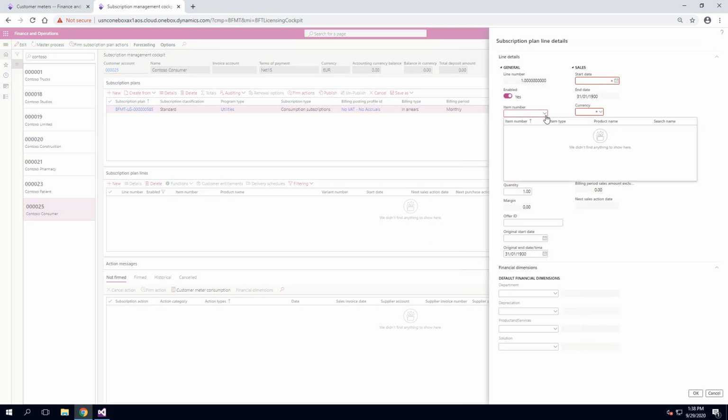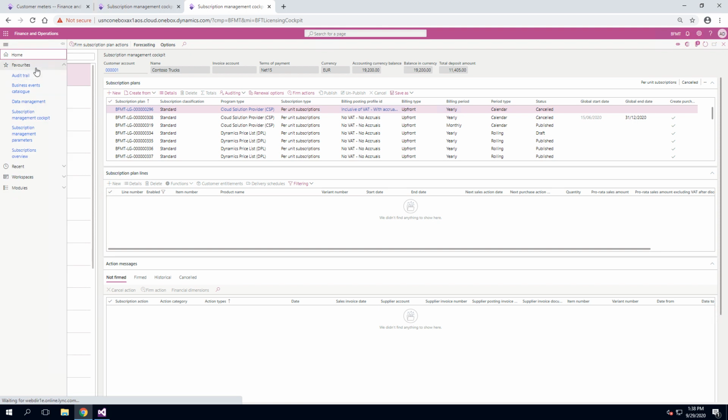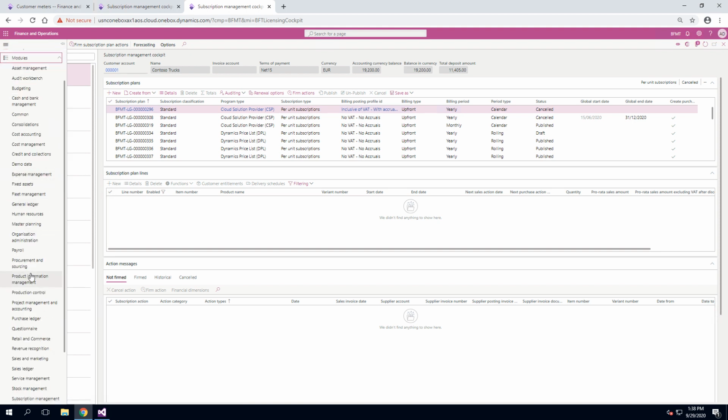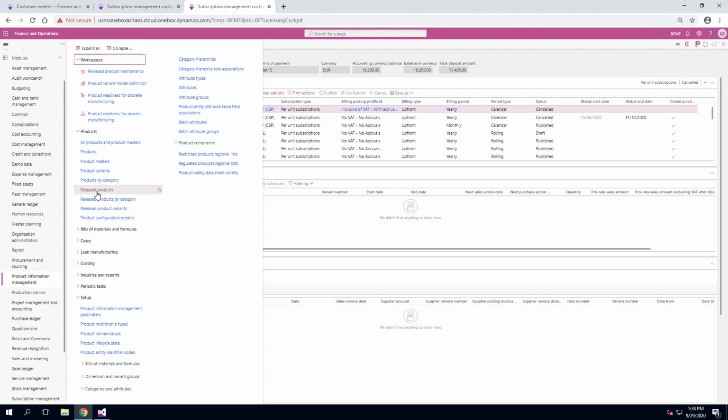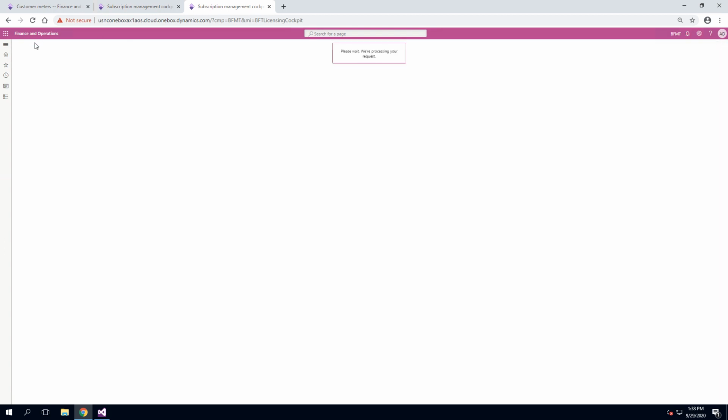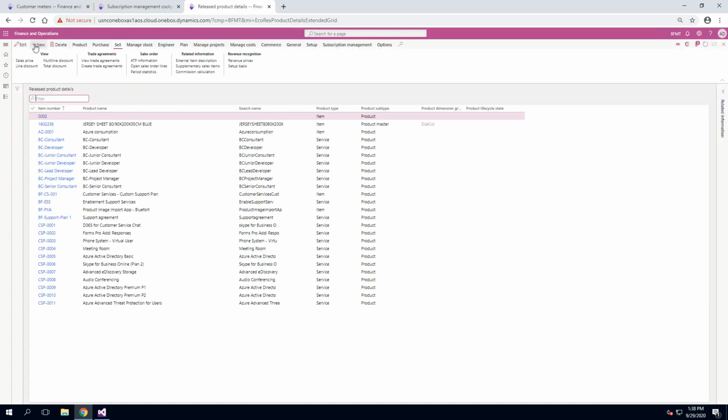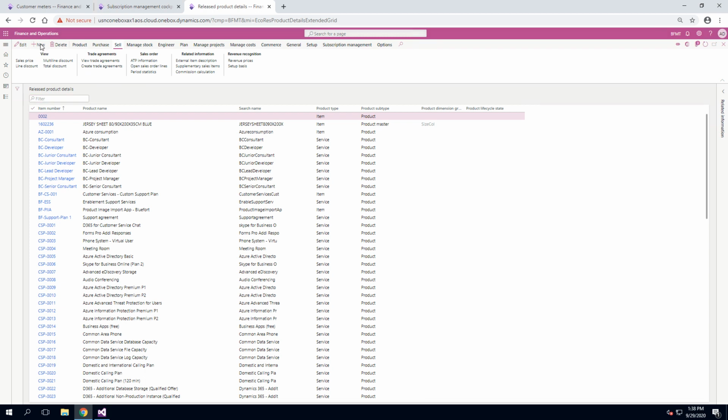We can go ahead and create a line, but in this case, as you can see, there is no item number which is linked to this subscription type and this program type. So we can go ahead and create one. Let me duplicate the tab. I will now browse to product information management, released products, new,